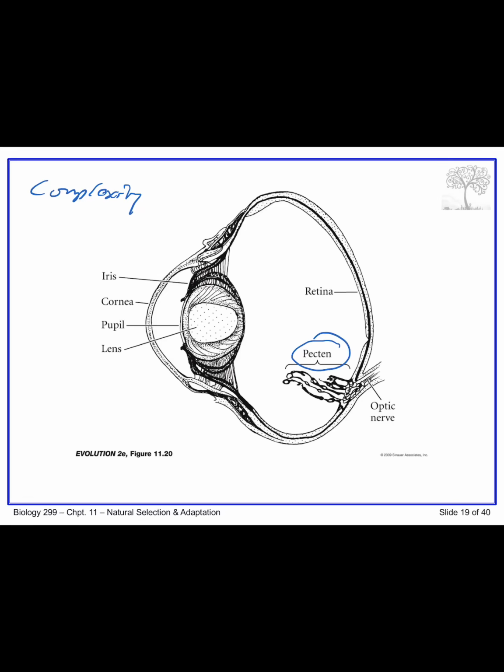A great example of that is the pecten of a bird's retina. All birds have this. It's this peculiar feature that you see here that juts off of the base of the retina, and it's this membranous structure, highly convoluted, that juts out into the vitreous humor, the fluid that you see inside the bird's eye. Lots of people have proposed explanations for this. The most common one you see today, since no one really knows, is that it's involved in nutrient absorption from the vitreous humor. No one's really sure, but it certainly is complex, and you see it in all birds. That suggests it's an adaptation.